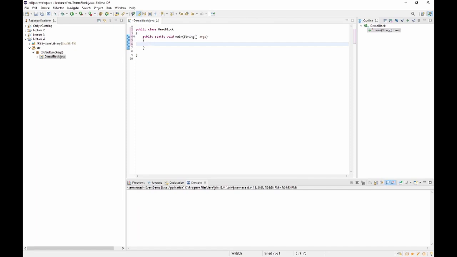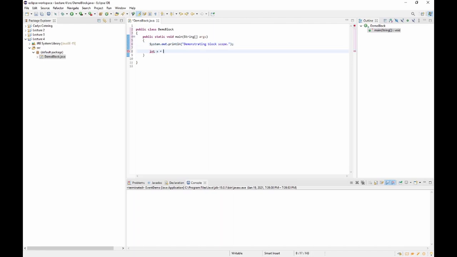Okay. Let's first add a statement that's going to just display what we're doing. So System.out.println, okay, "demonstrating block scope." Don't forget your semicolon at the end. It's usually where people get a little frustrated, I guess. Okay. So on a new line, we're going to declare an integer, and we're going to call